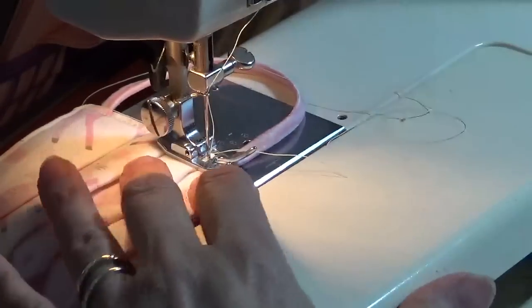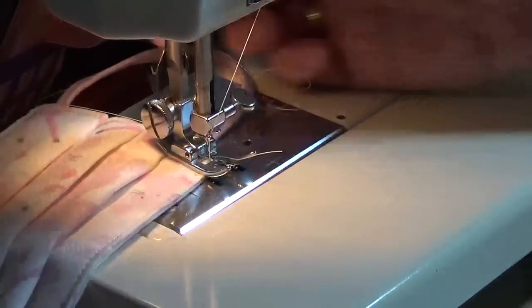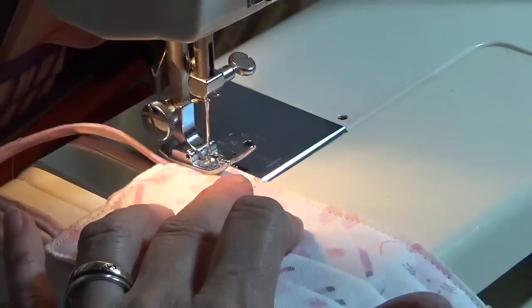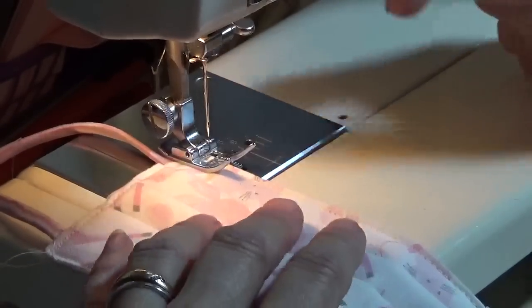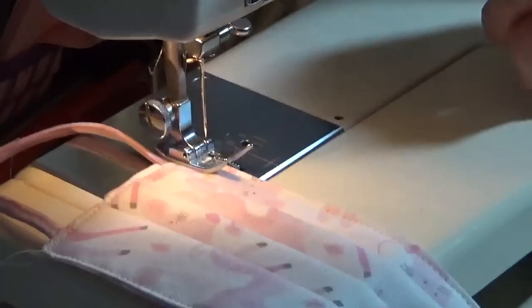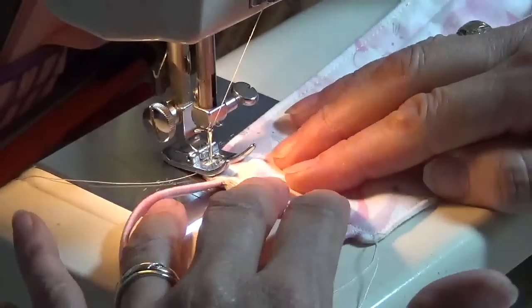As I approach my elastic, I go a little closer together so my stitches are shorter to catch that elastic. And I want to make a second row of stitching, so I just take about 3. Guess what? My thread just broke because the stitches are so close, and I was stitching in the same place where I stitched before, so now I have to fix my thread. Okay, back in business. Pivot my needle, and I'll do a second row of stitching